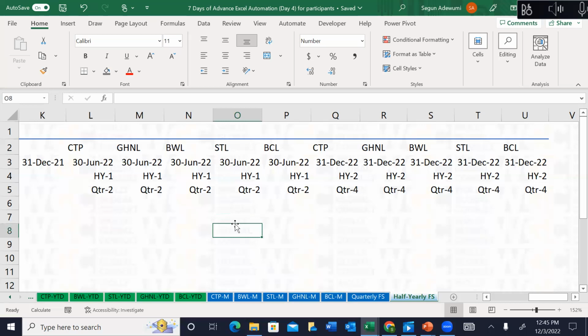So in our next session, I would have populated everything here. We're now going to do the consolidation. That is consolidation month-wise for each of the companies combined, consolidation for YTD, consolidation for quarterly, and consolidation for half-yearly. And after doing that, we will also create